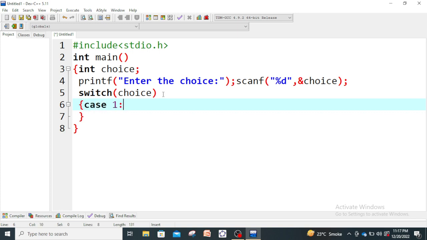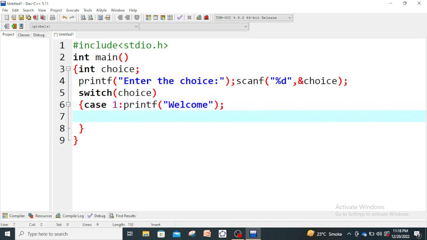Case 1, and inside this we print welcome. And thereafter we take case 2. So inside the switch keyword there will be many cases, and here I type printf